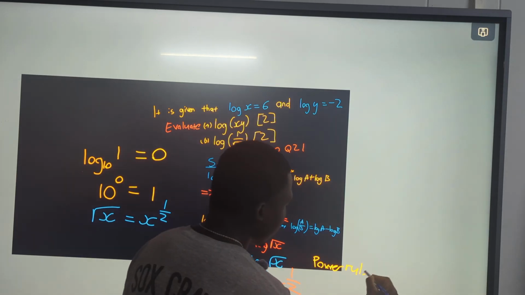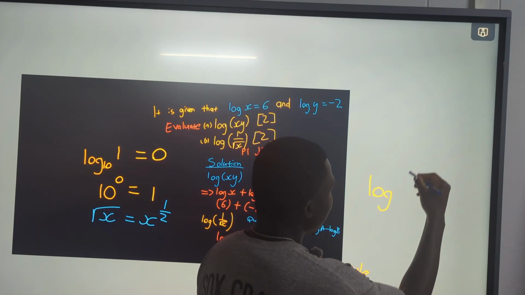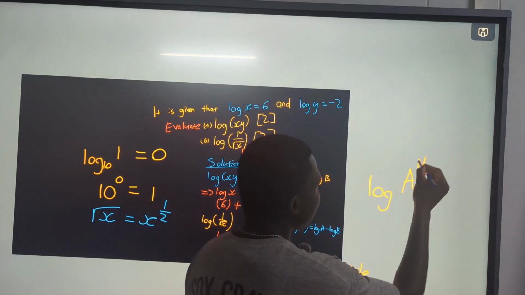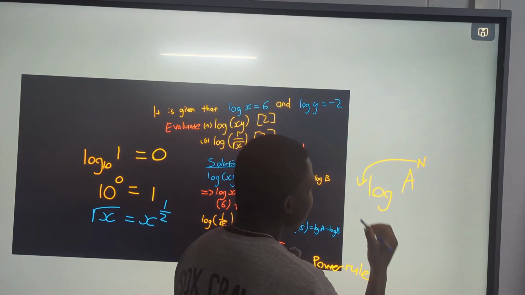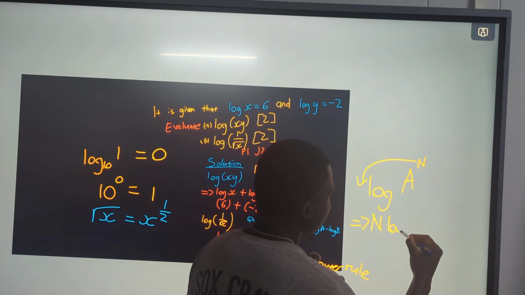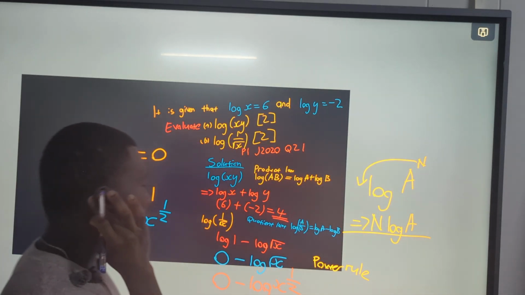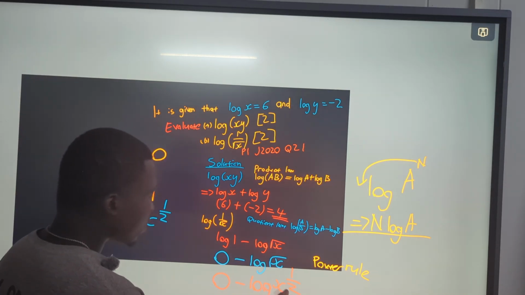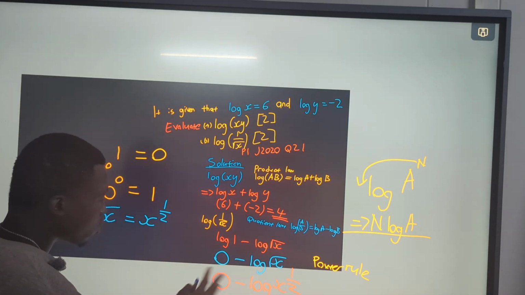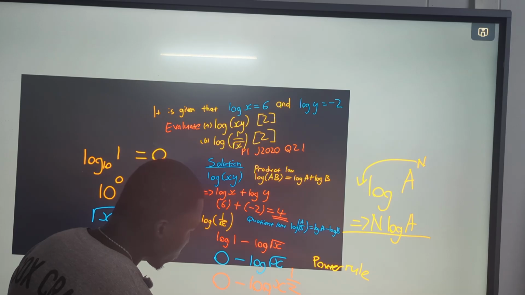If you recall our power rule, if you are given log a to the power of n, the power n goes before the logarithm, so it translates to n log a. So the power 1 over 2 goes before the logarithm, and we can remove the zero, so it becomes negative 1 over 2